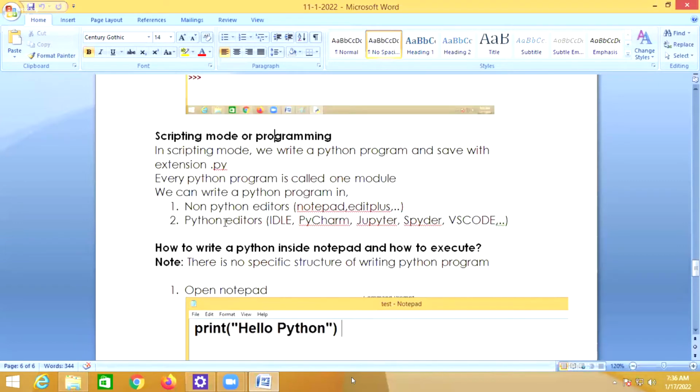The other is writing directly in Python editors, like IDLE. We'll just see how to write a program in Python editors.